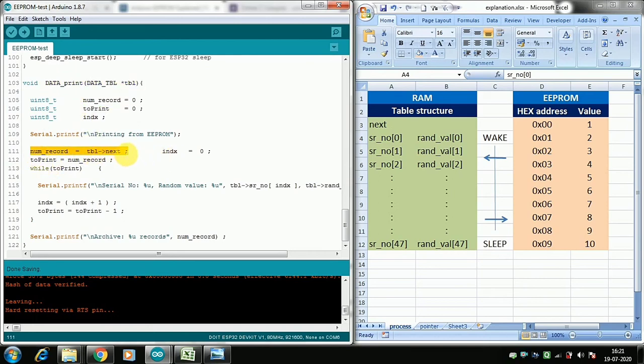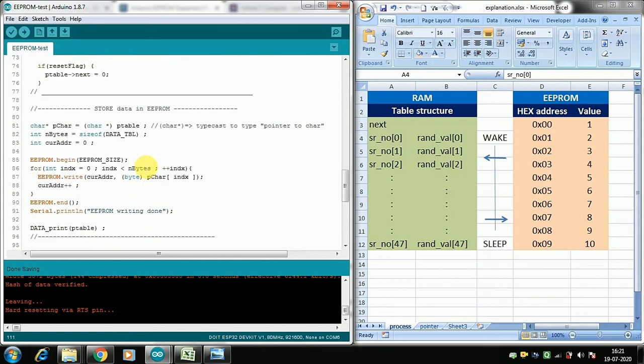So if we set the next to 0, it shows that there is no record to be printed, so nothing gets printed. And after the first writing it goes to 1, so it prints just 1 record. So actually the data is there, but printing is controlled, because next is the cursor pointer that tells it to print only 1 or 2 or 3 rows. Okay, so that is how this reset thing is working.